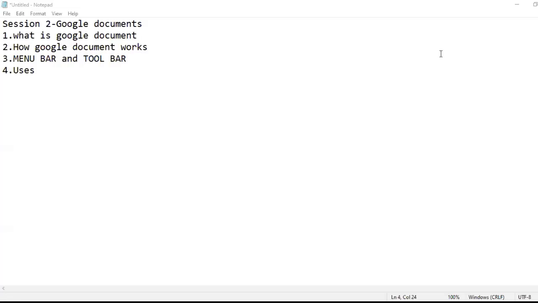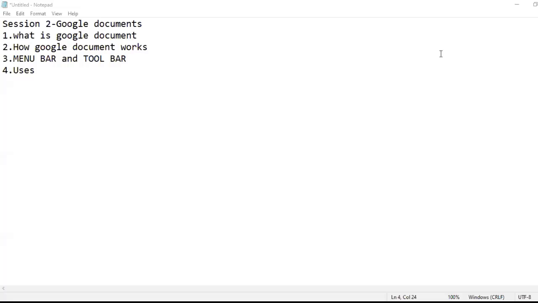Before going to the session, I just want you to know what topics we are going to discuss in session 2, that is Google Document. Let us have a look at the screen. I'm going to discuss the definition of the Google document, or before that, an introduction to the Google document, how it works, the menu bar, and the toolbar.